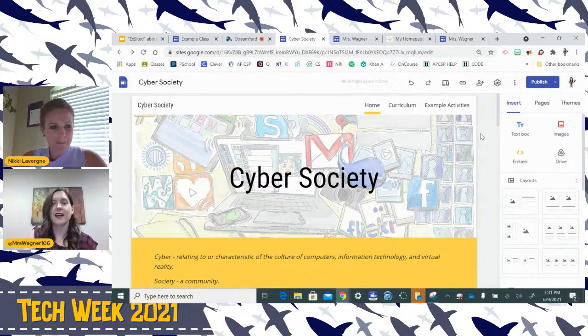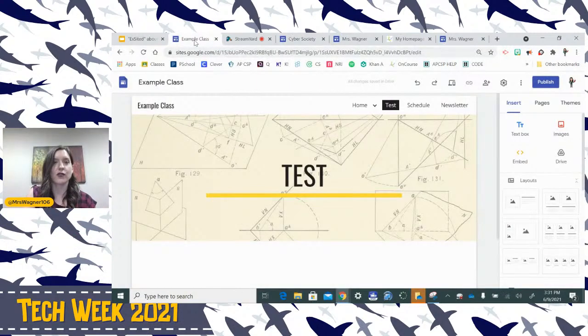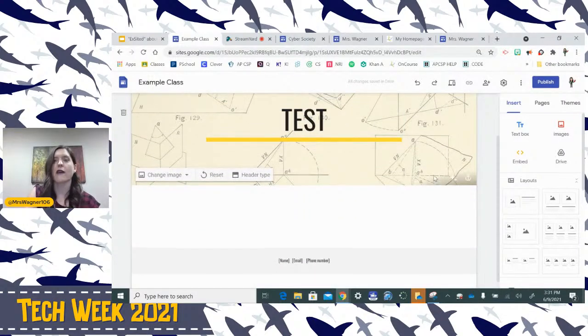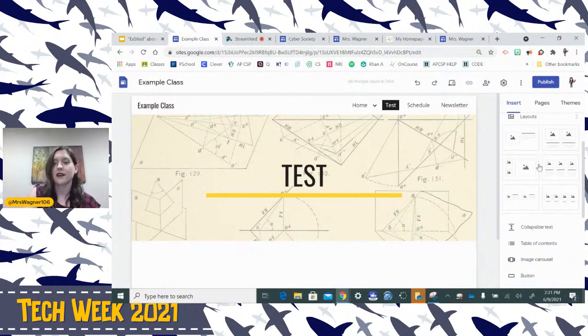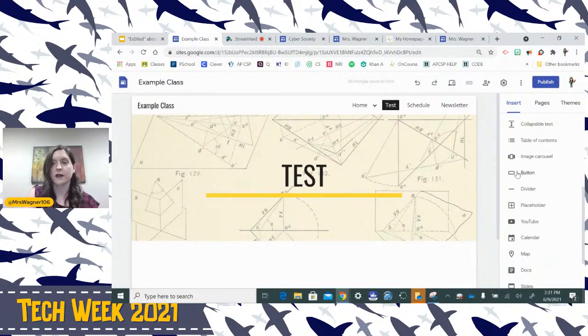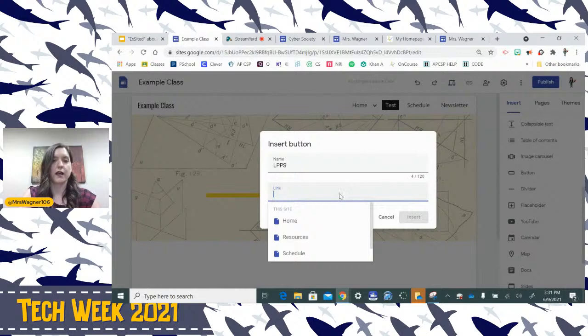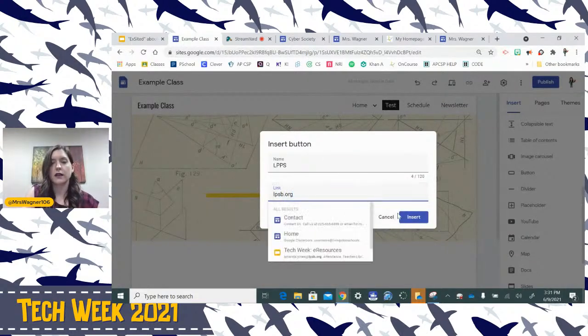So you can make these as simple or as fancy as you want. I haven't shown you everything you can put in there. When you want to link something, they have this button option. If you put a button in, let's say I wanted to send them to Livingston Parish Public Schools, and I just put lpsb.org.